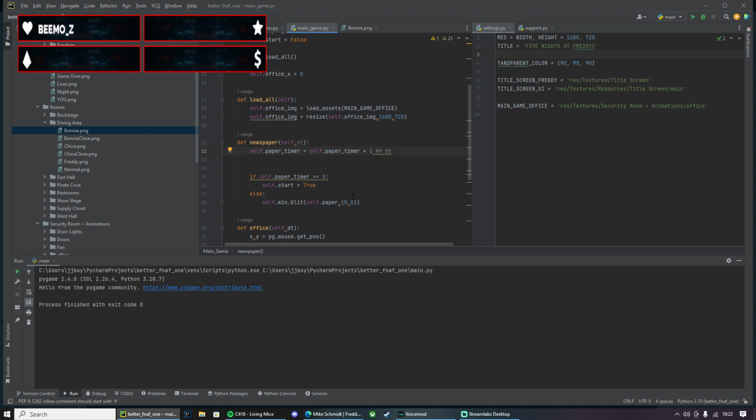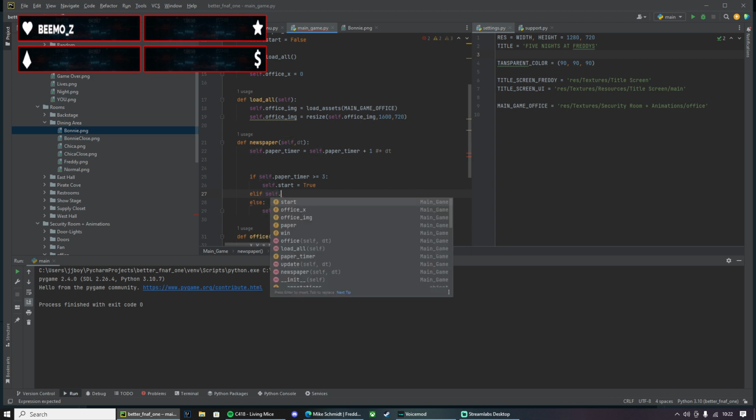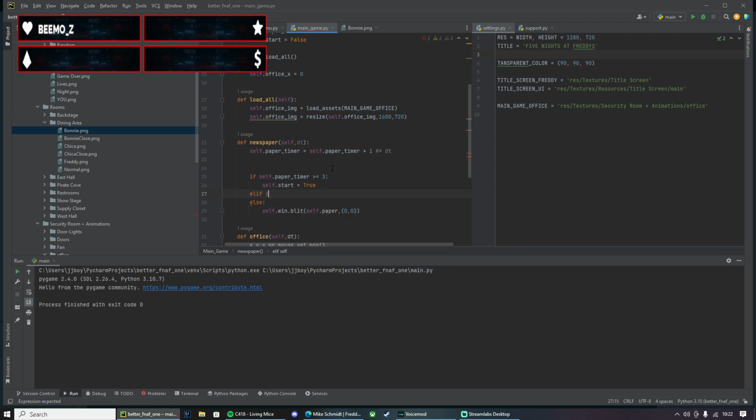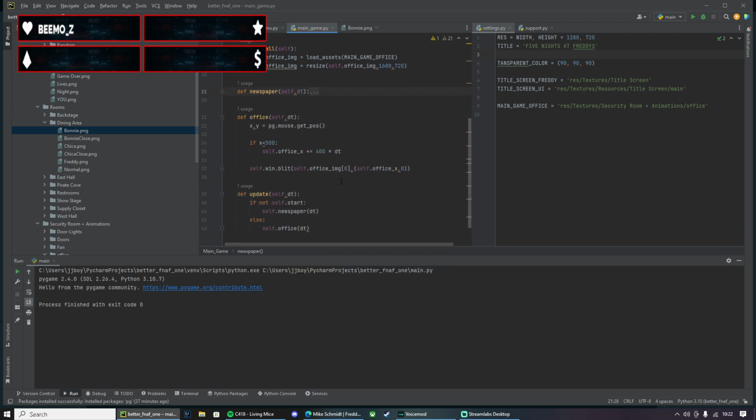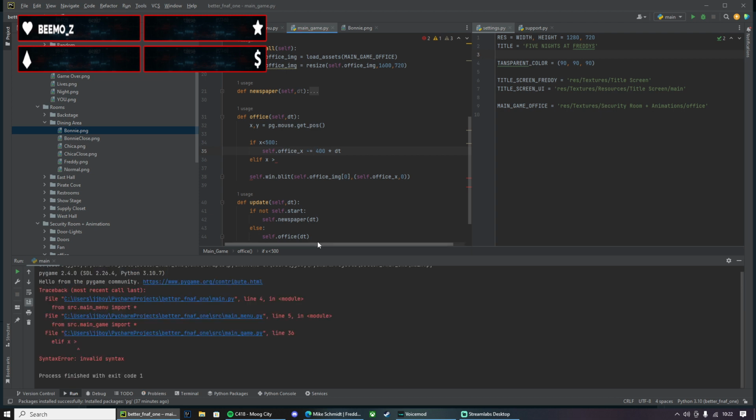And then we'll also have to do collisions for the thing. But let's do elif. Self dot... no, because this isn't all that I'm doing. This is why I like to close it down. Elif X is less than... wait no, if it's greater than that, this should be minus equals.